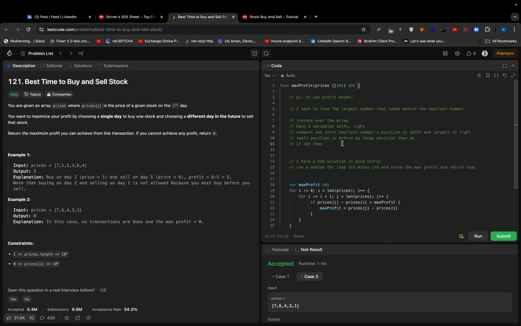Compare and store the smallest number position in small ps and large ps. So I have the smallest ps and the largest ps, right? I'm just looking for the smallest and largest number at this point. This is one other way to look at it. Essentially the smallest and the largest number will have to do. So if the small position is before my large position, that means what should happen is